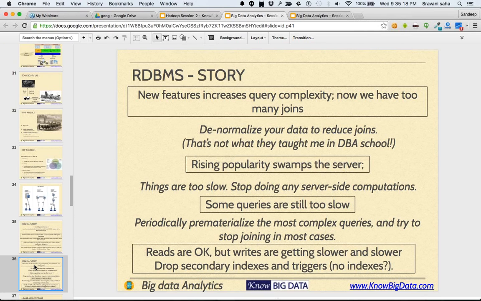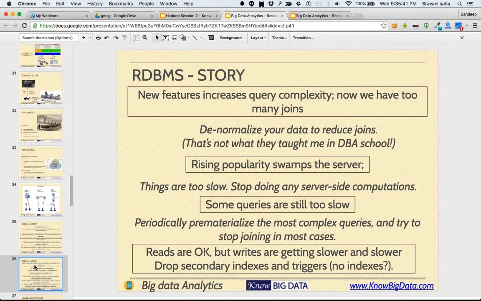So what we start doing is periodically pre-materializing. Most of the complex queries, if you realize that every time this query comes, we have to do a lot of work, and this query cannot wait. If the user is waiting when they hit our website for the first time, it's a shame.